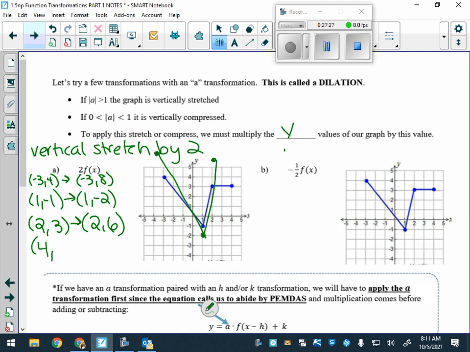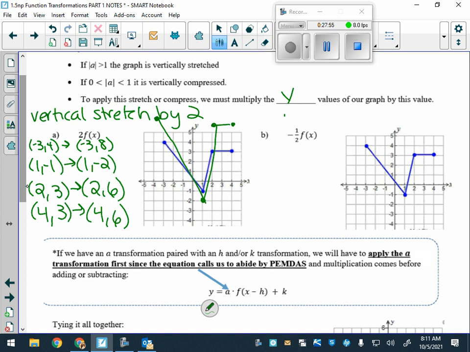Okay. And then 4, 3 would become what? Emily? Good. Okay. That's a vertical stretch by multiplying your y values by 2. Okay. And in B,